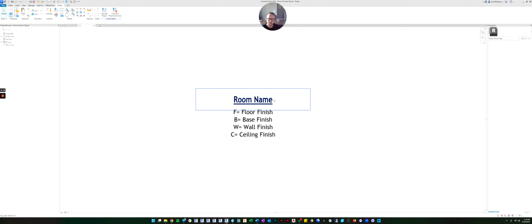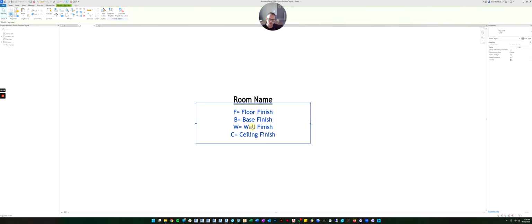Okay. So now what we want to do is maybe we want to make a version that just shows the room name, but not this label. So if you click on the label and you look over here, one of the things that you can change is whether this label is visible or not. See how it says visible? And you can uncheck the box and it would disappear. It doesn't disappear in the family editor, but it will disappear in the project.